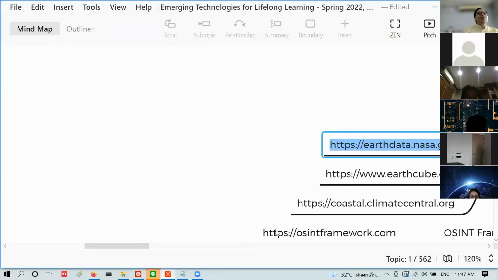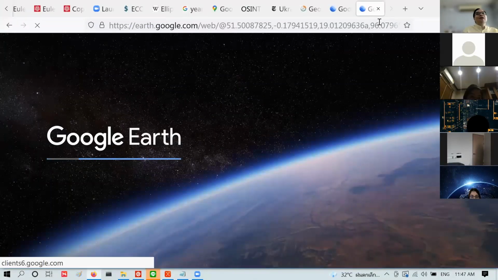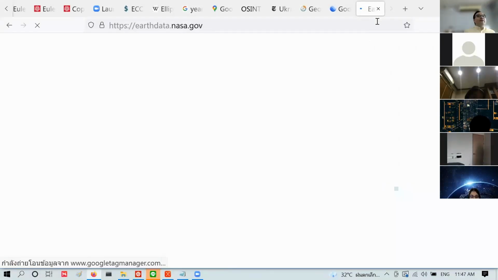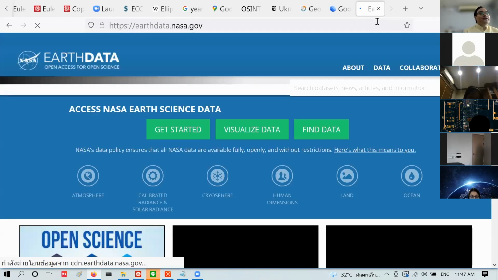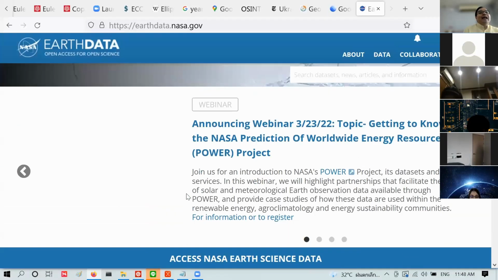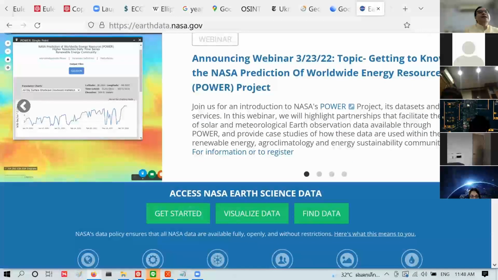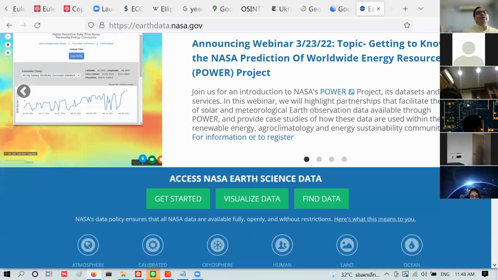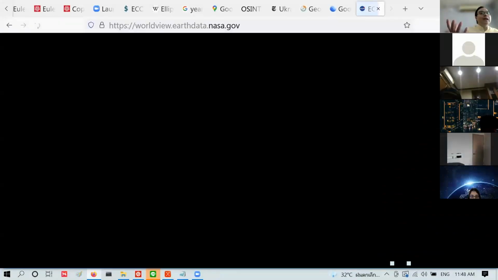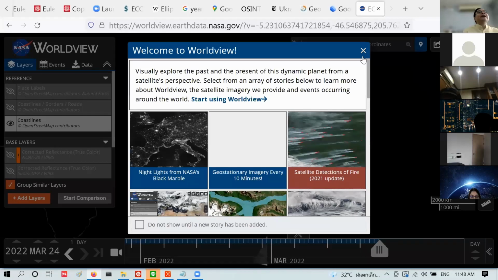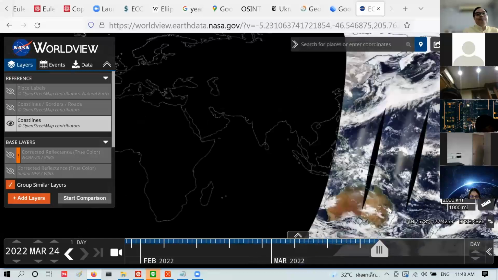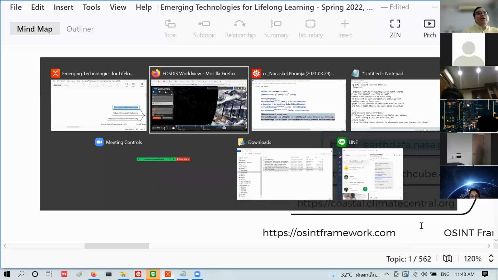So instead of going to Google Earth, which only allows you to watch pre-recorded satellite images in the visual spectrum, where on a cloudy day you can't see anything, you can literally go to this, and Earth data has data in so many different spectrums. In microwave, you can see through cloud. So here there's a picture of Mariupol after the crisis on a cloudy day. I'm not going to go into that right now, but certainly you can do that. So you can literally do this.